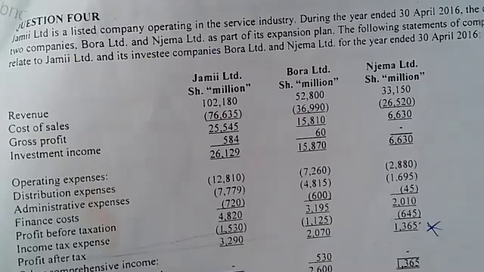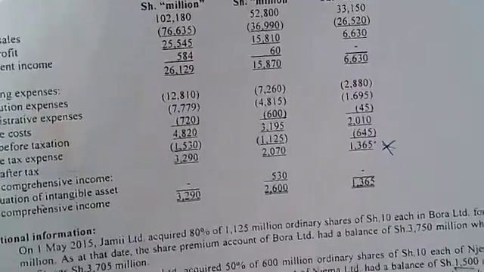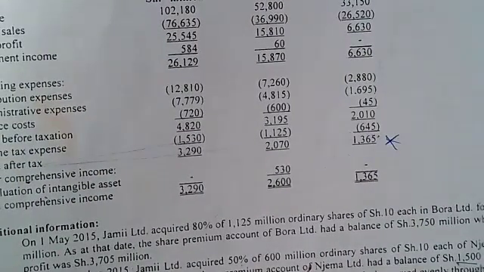The additional information we are told: on 1st May 2015, Jamii acquired 80% of 1,125 million ordinary shares of shillings 10 each in Bora for 18,000. Now we interpret this additional information one by one. So now I need your concentration. Number 1, on 1st May 2015, Jamii acquired 80%. Jamii is the parent, it acquired 80% of the 1,125 million ordinary shares of shillings 10 each of Bora,